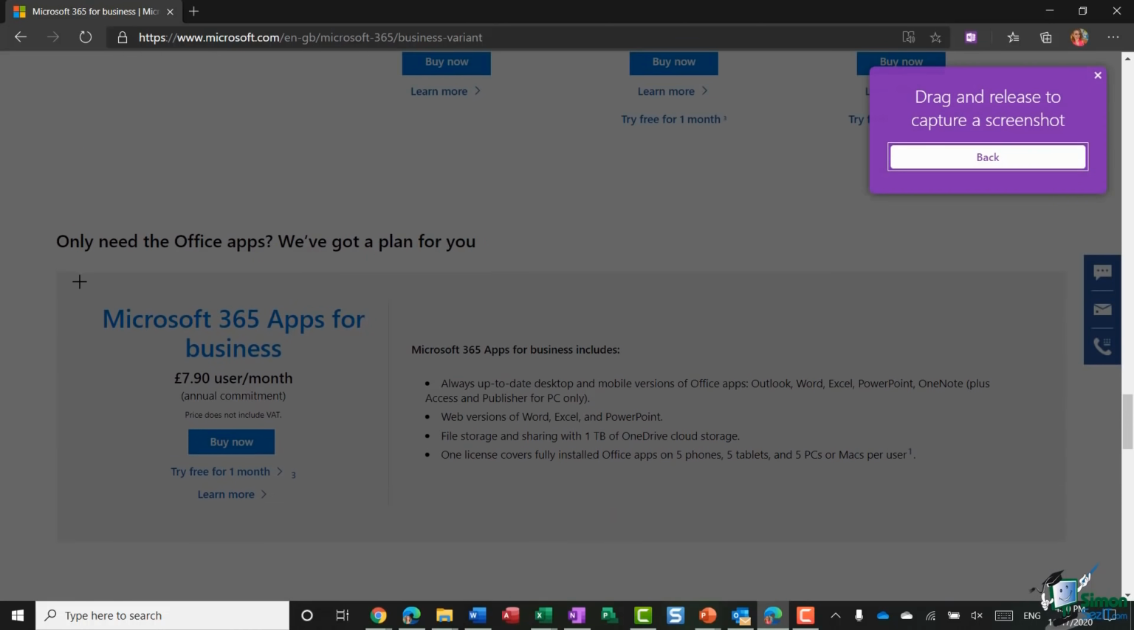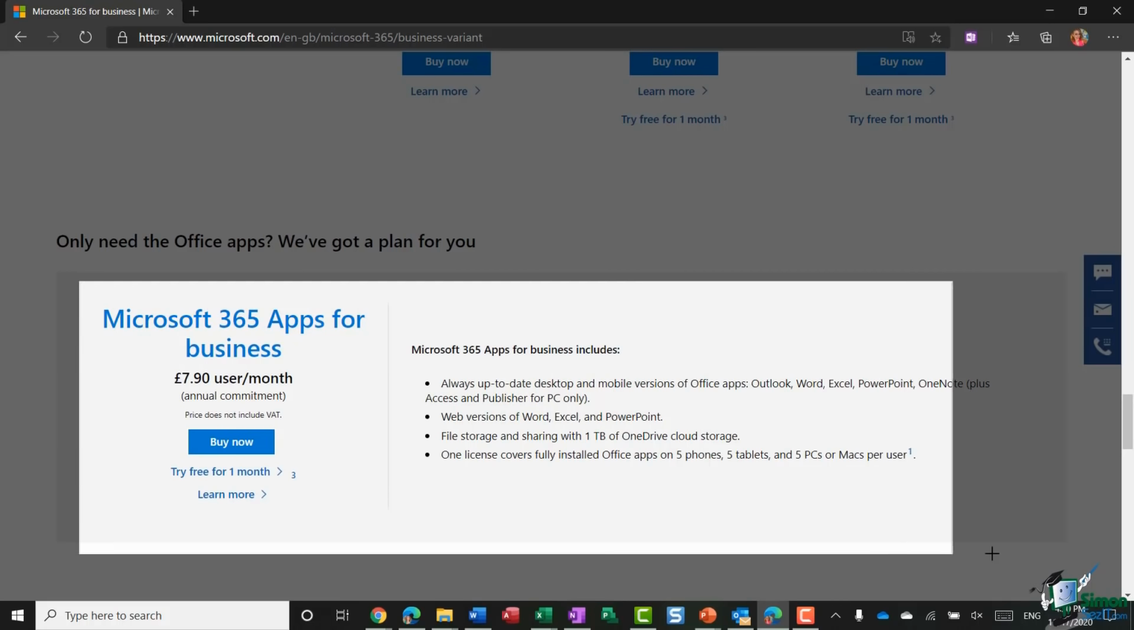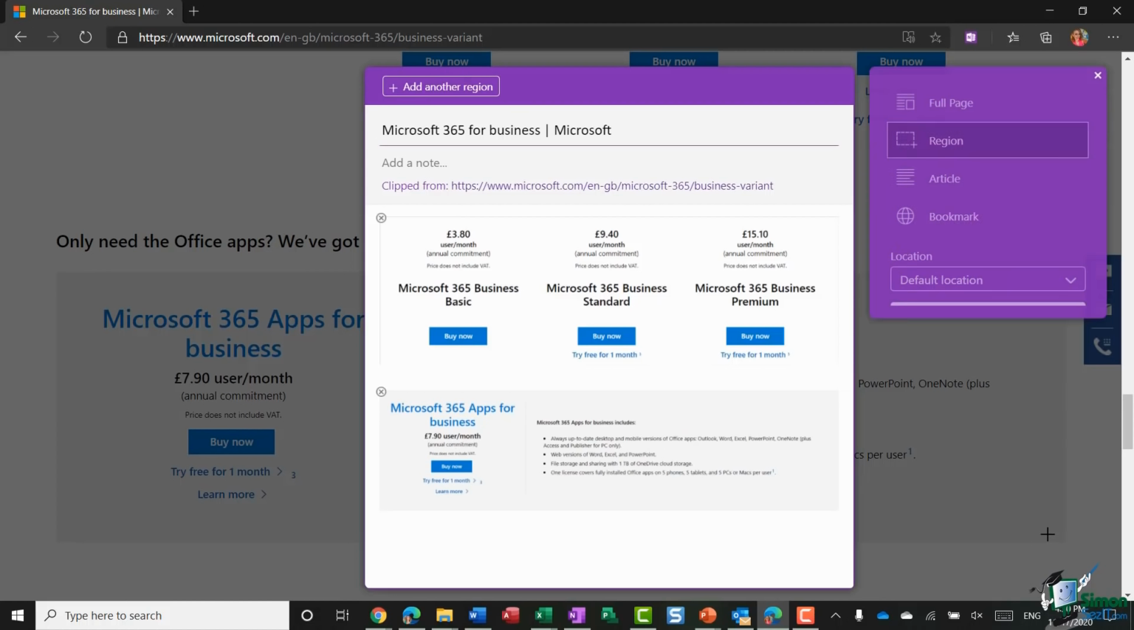So let's say, for example, I want to add in this. I'm going to select it, and it's added that to this clipboard as well. And I could carry on going, collecting different pieces of content. Now, once I've finished and I want to send these to my page in OneNote, I then need to select